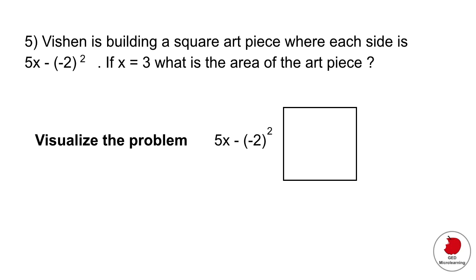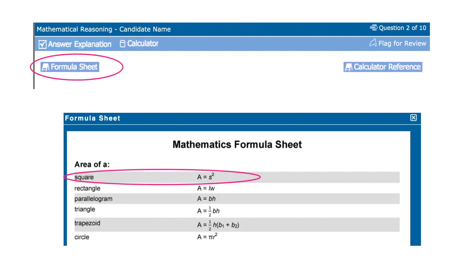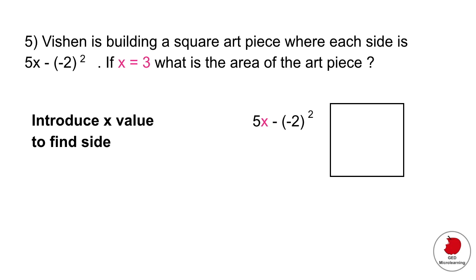And remember that because they're asking you the area, you can find this information relating to the formula in the formula sheet that you're going to get in the exam, okay? So when you go onto the GED, for example, if you do it online, there's a formula sheet. When you click on that, you have all of these formulas associated to area. So if you look at the area of a square, that's the formula. So all you have to do now is introduce that x value that they're giving you in the question into